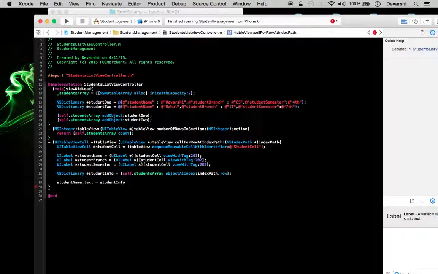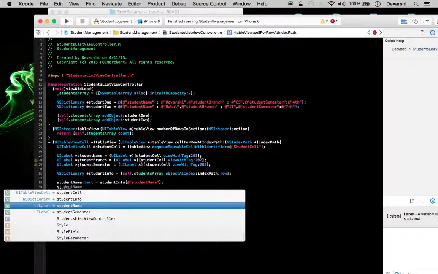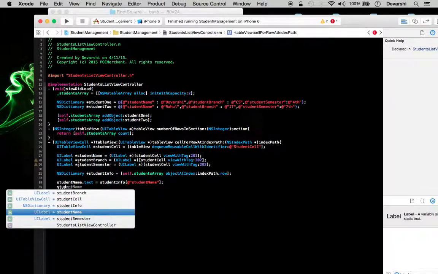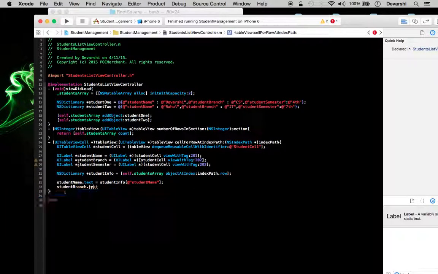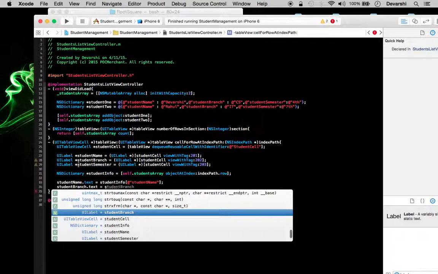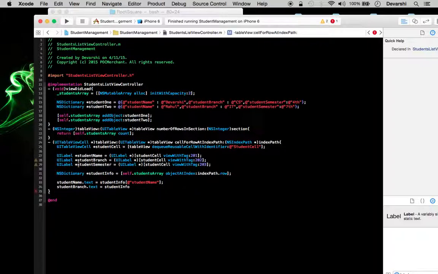This is my dictionary, and I want the value for key student name, so I'm just copying it, and within square brackets I have specified it. Now I have student branch dot text, then student info, and then again square brackets. Now I'm copying it again from the declaration, so now it is added.